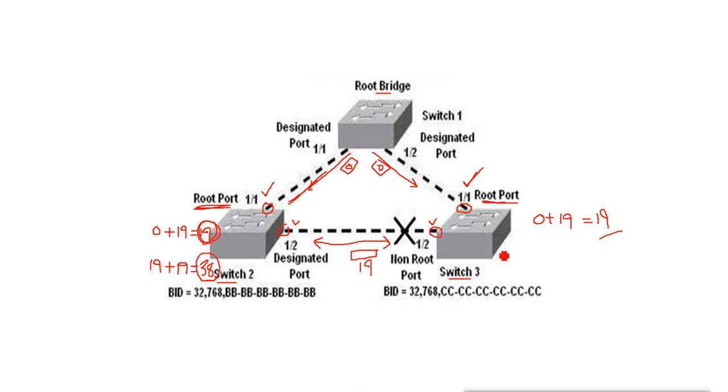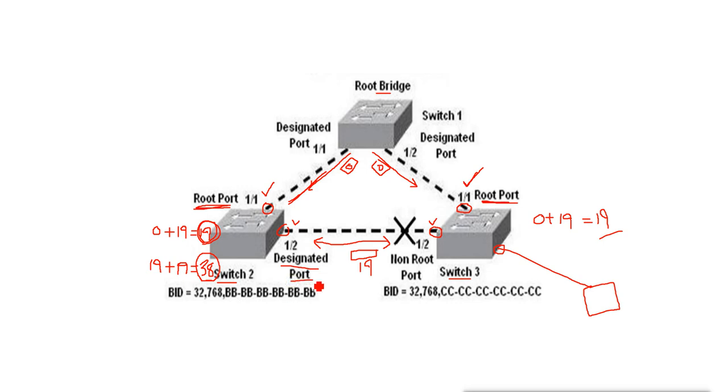Now remember, if a port is connected to any other normal machine, no BPDUs will be exchanged here, so there is no cost and no path. These ports will remain in normal forwarding states. But when ports are connected to the root bridge, the one with the shortest path will become the root port, and all the other ports which have more cost than the root port become designated ports. These ports are called designated ports.